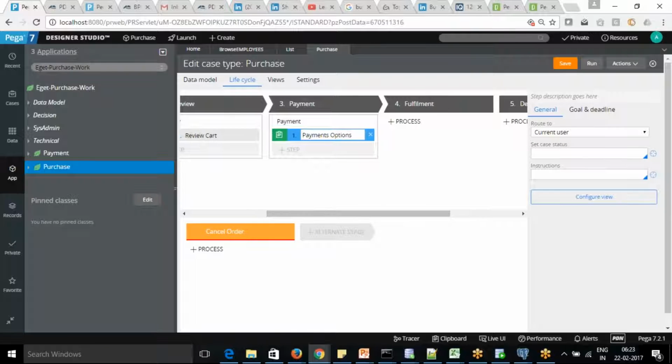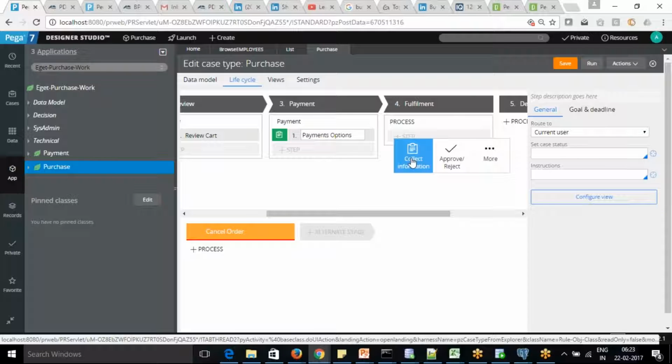Once he has done the payment, here he can go for cash on delivery, payment wallets, credit cards, debit cards, or net banking. Anything he can choose as the option. Based on that, we are going to divide the different options for him. Okay. In the fulfill stage, let's say we want to